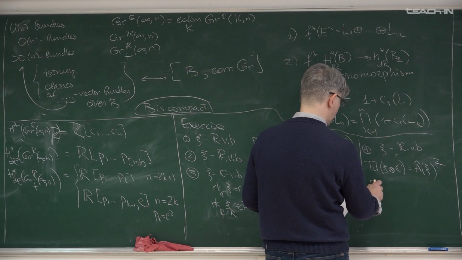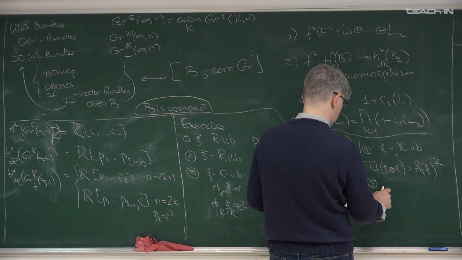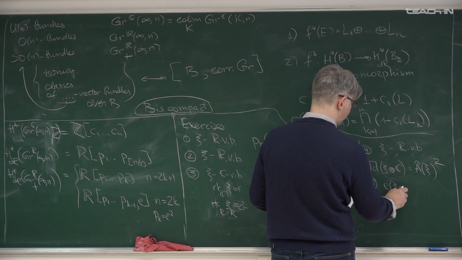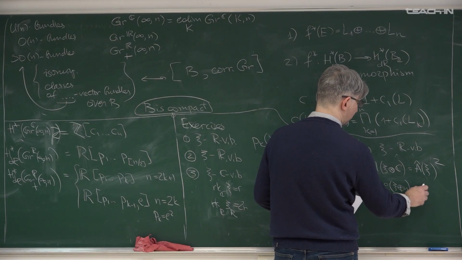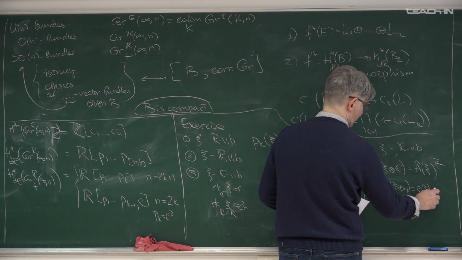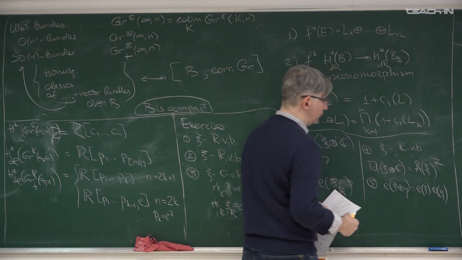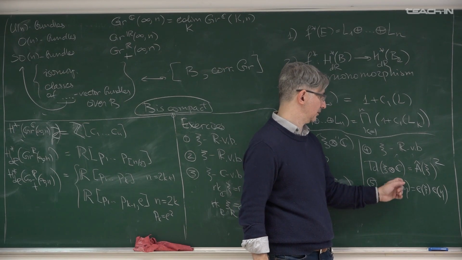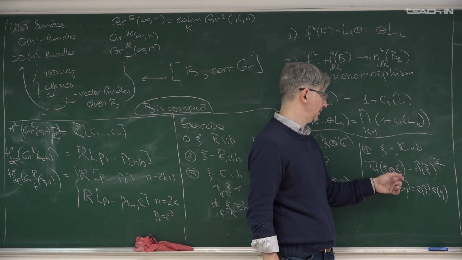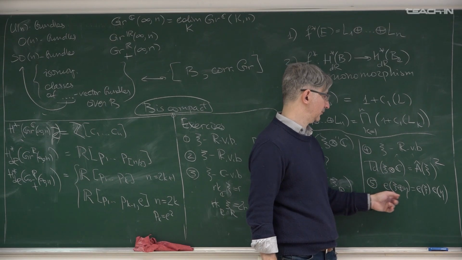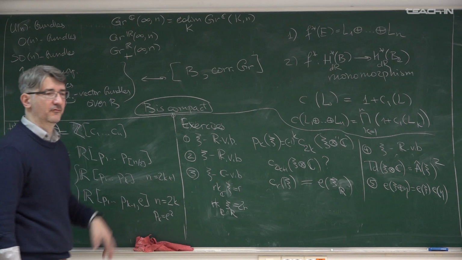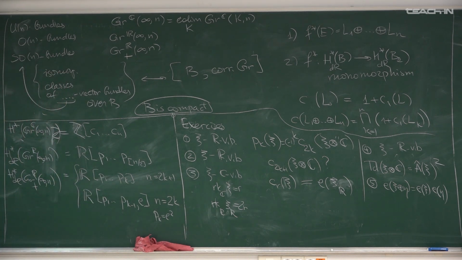I think that we can also calculate the Euler class of psi plus eta, and check that. So if you have two oriented real vector bundles psi and eta, you can take their Whitney sum, it's still oriented, you can calculate its Euler class, and this is a formula. I think it's enough for Friday, because I also have a couple of exercises.